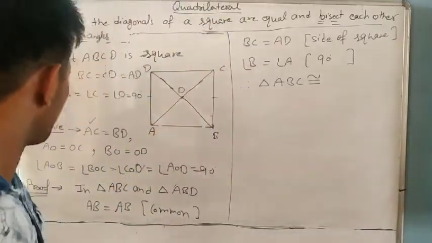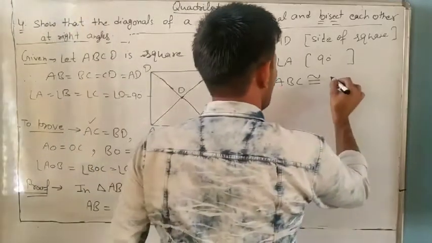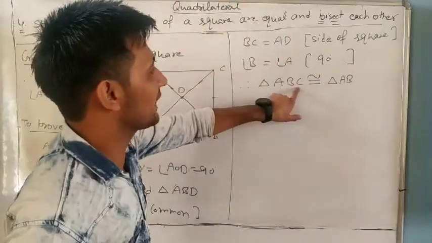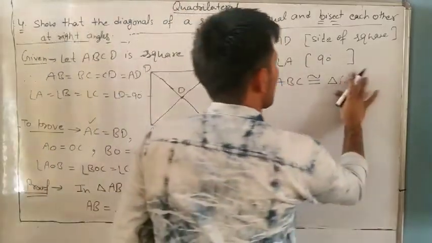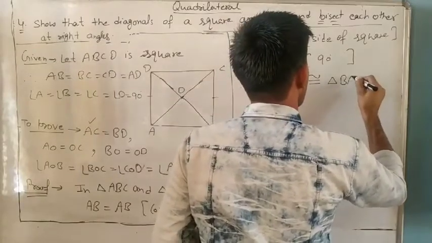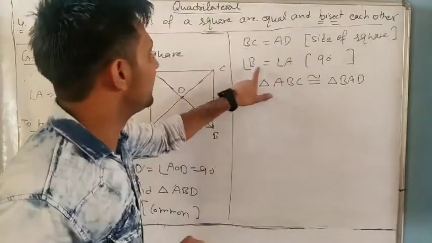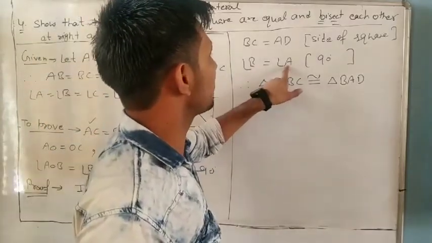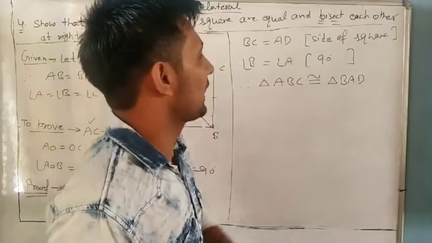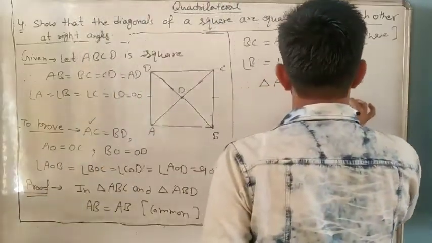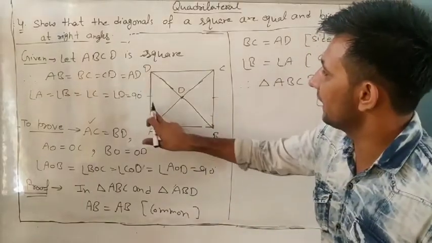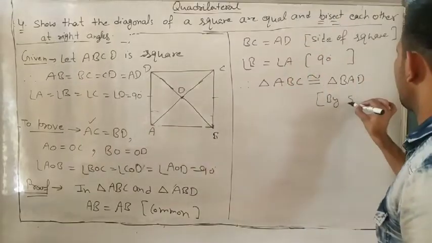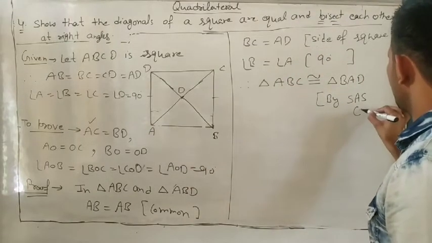ABC congruent, which one? AB equal to AB, so here is also AB. And next BC, BC is the last two, so AD is also the last two, so you can write it as BAD. Understand? Angle B, yes, 90. In ABC, B is 90, B is middle, and A equal to 90, so it means middle also. So both are congruent. We can write by which property? Side angle side, because it is 90, so side angle side criteria.